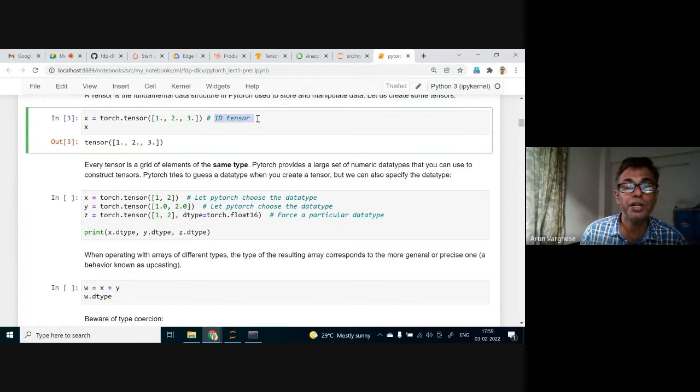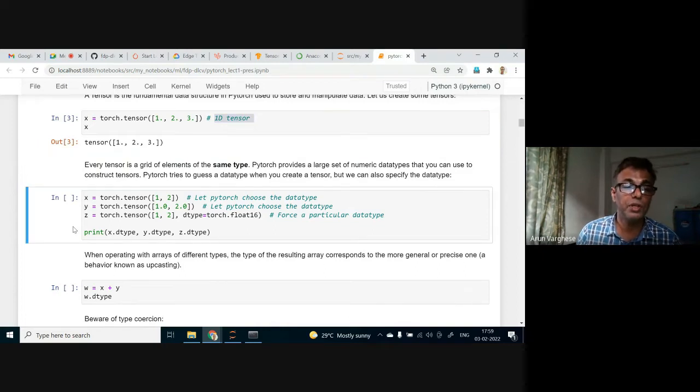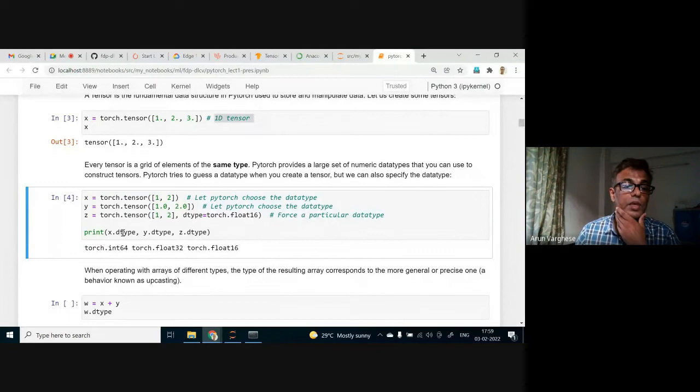We can create multi-dimensional tensors also. So here also x, y, and z are 1D tensors, each having two elements. And here we are printing the data type. So here we are not specifying the data type. Here also we are not specifying the data type. But in this third case, we are specifying the data type to be float16, torch.float16. Okay. So you see that the data type of x is torch.int64,